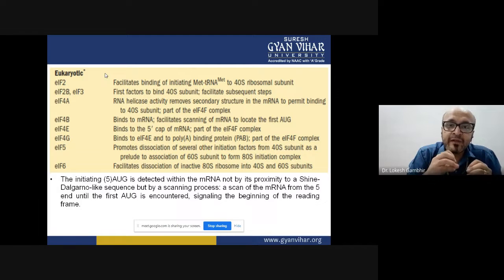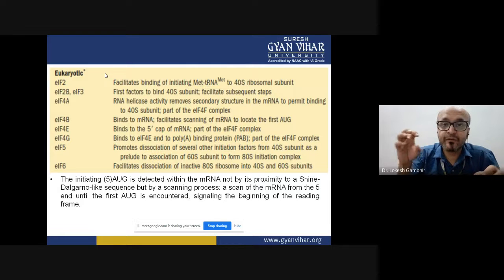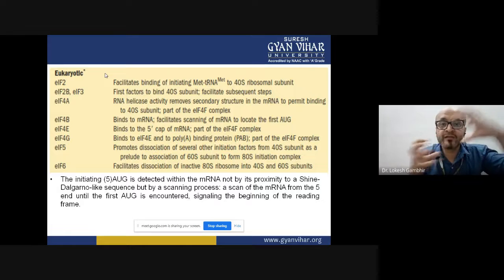Then these are the initiation factors that will first go and bind to the small ribosome unit. Why are they binding? Because they are blocking the non-specific site. They will be blocking the A site and the E site, so that only the P site, that is the peptidyl site, is available for binding to the methionyl tRNA. And IF3 will bind to the 40S ribosome so that premature binding of the large and small subunits does not happen.